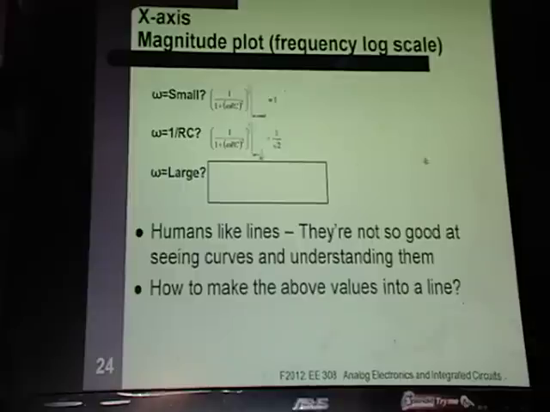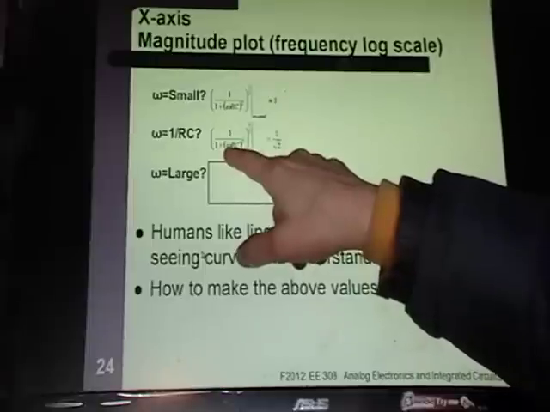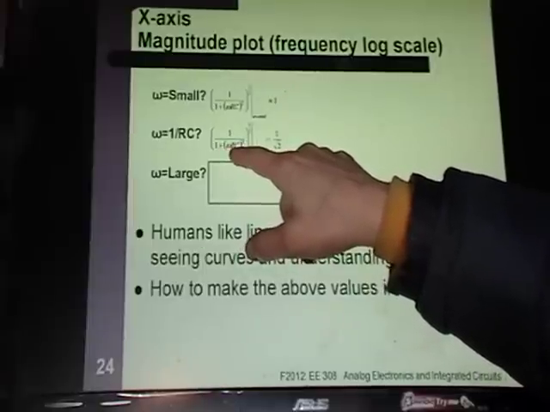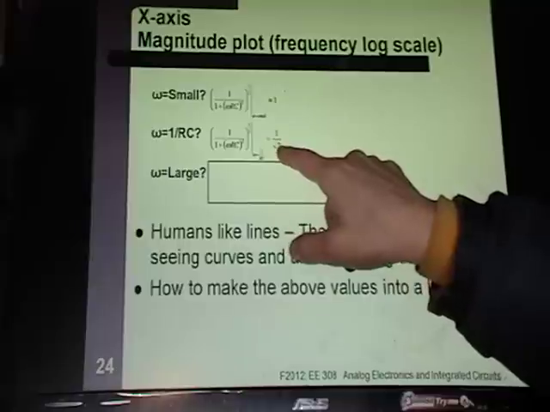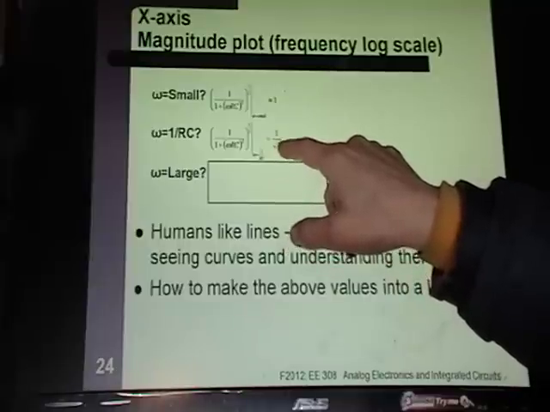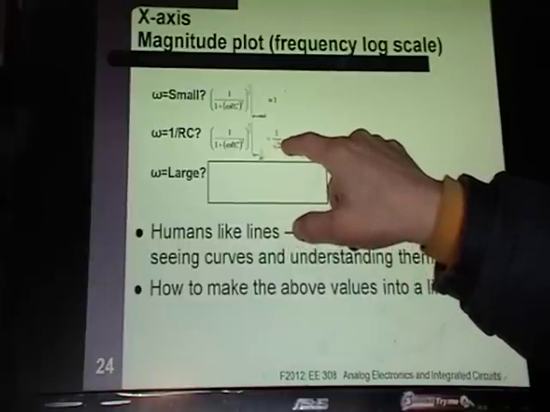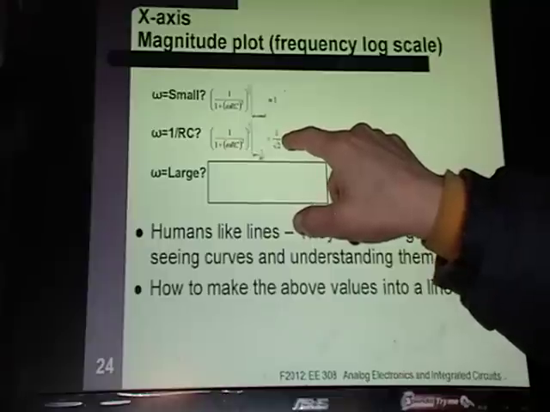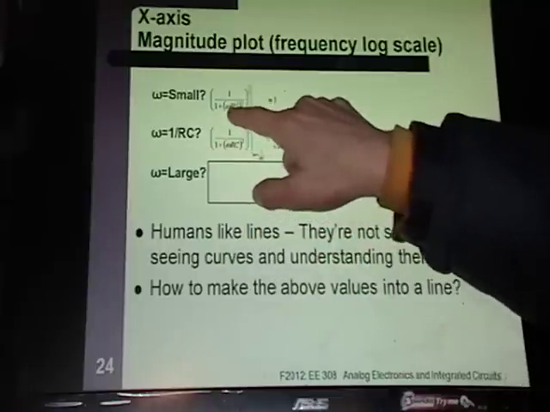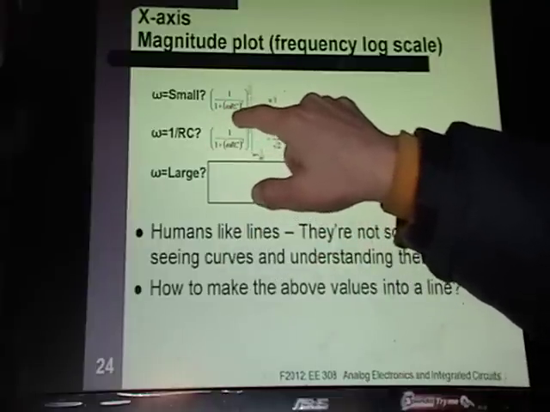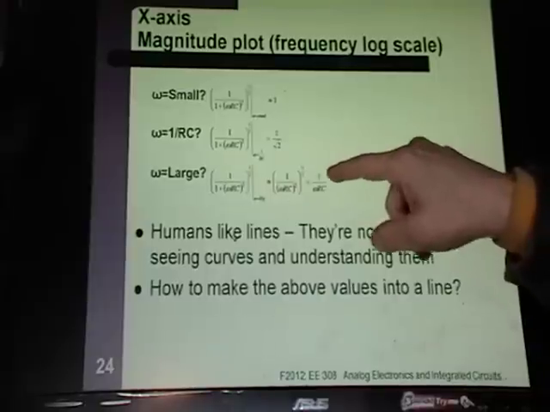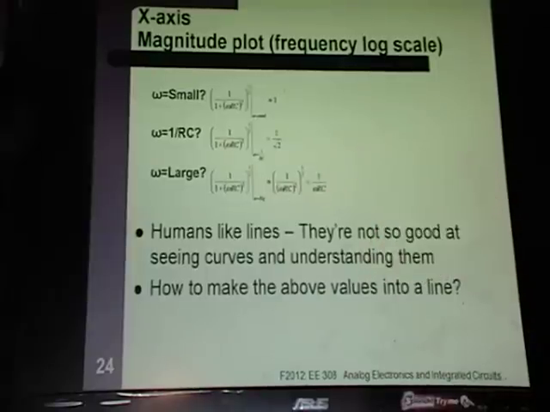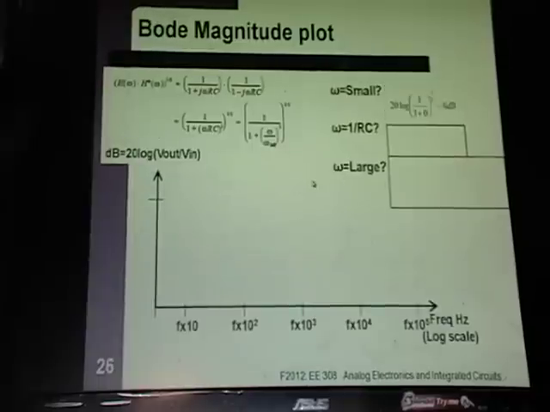Okay, so when your frequency is right at your pole, 1 over RC, that gives you 1 over the square root of 2, and if you take the log of that, you get your minus 3 dB. Okay, if omega is really large, now this term dominates, and this term becomes bigger than 1, and the equation that you work with is your 1 over omega RC. Okay. And we can keep going, but